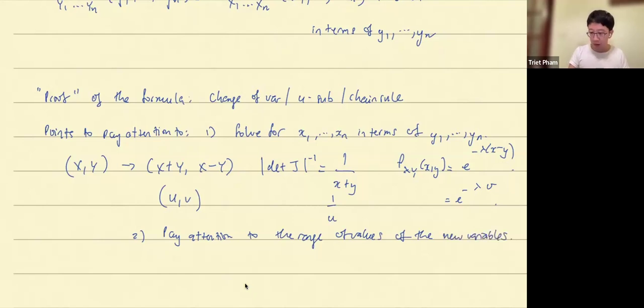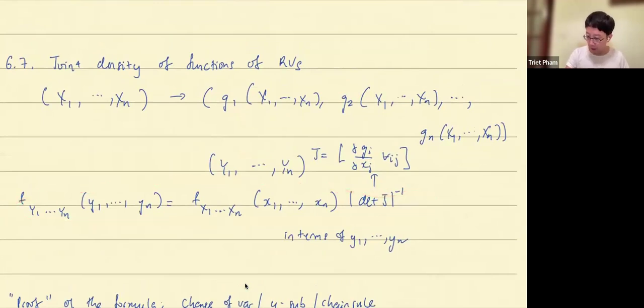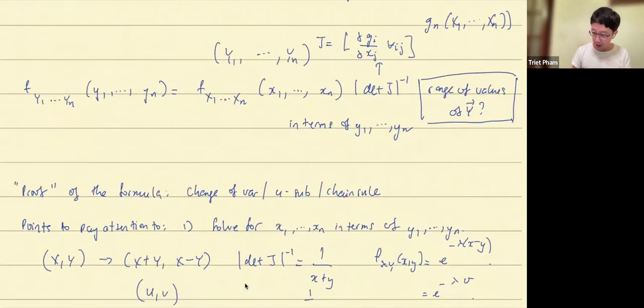All right. And this is most often missed in the formula, because the formula doesn't really say range of values. This part is missed, or not stated, for good reason, because there's no formula you can write down. In general, there's not much you can write down, but there's something you can follow. For example, let's take a look at